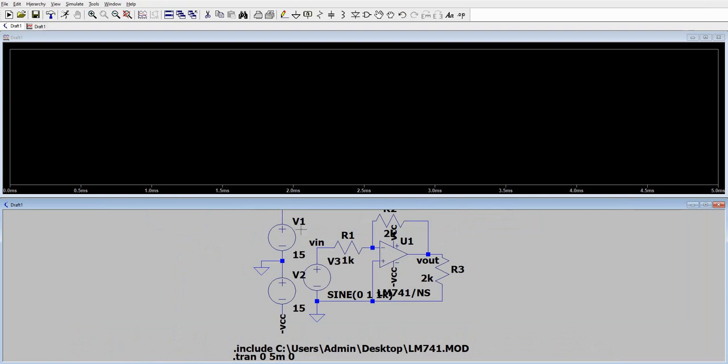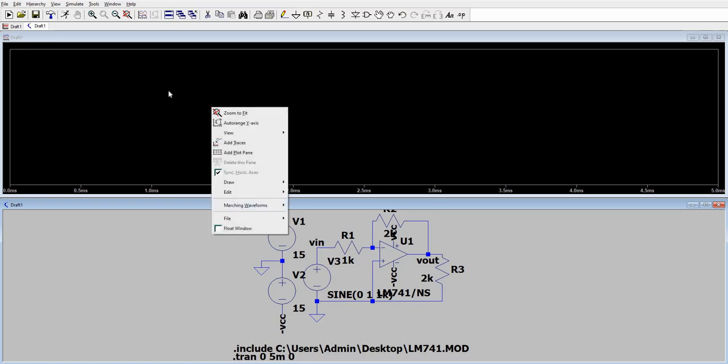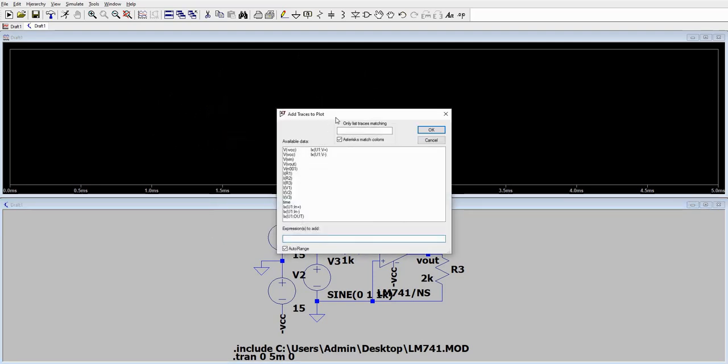After you have clicked OK, you are able to run it. Right click on this pane, add traces, so you can add V in, V out. You will notice here that the parameters that we have clicked will be reflected in the expressions to add.